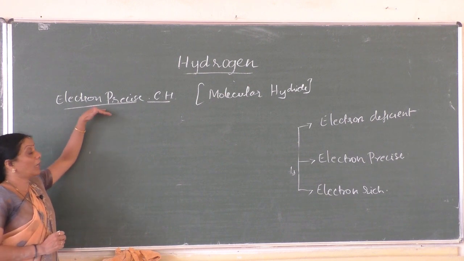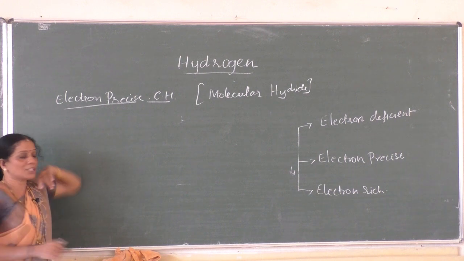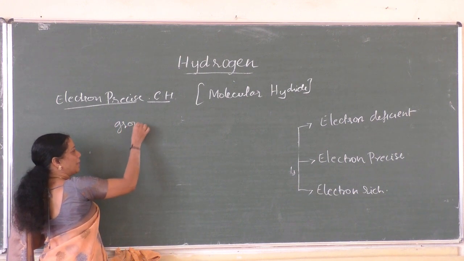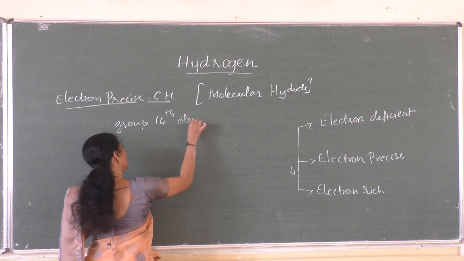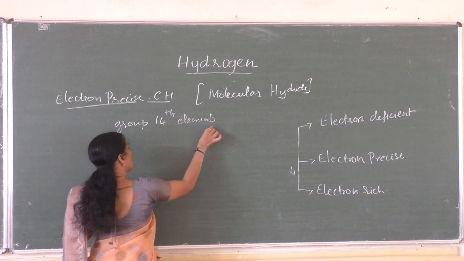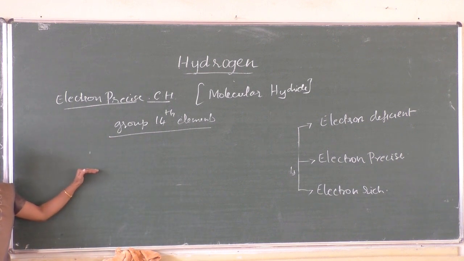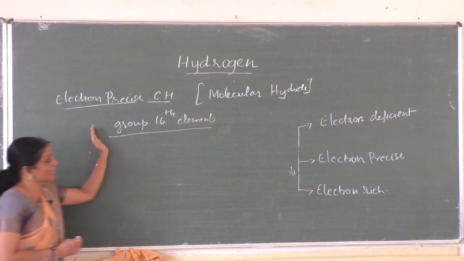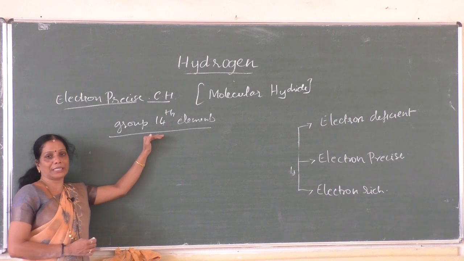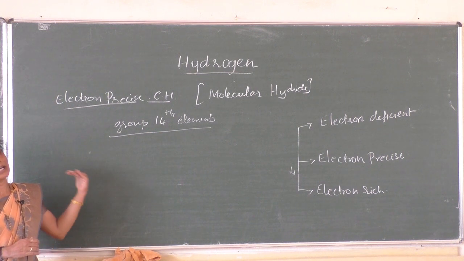Now electron precise means whenever hydrogen combines with the group 14 elements. Whatever covalent hydride we get, all these are covalent hydrides because the sharing of electrons takes place. Therefore, they are called what? Covalent hydrides. Hence, whenever hydrogen combines with the group 14 elements, the corresponding binary compounds are called electron